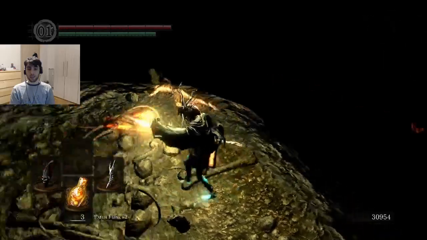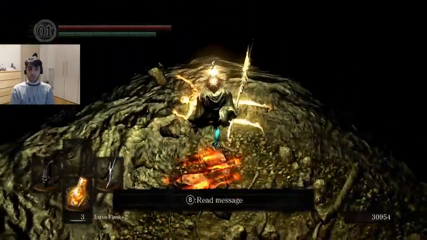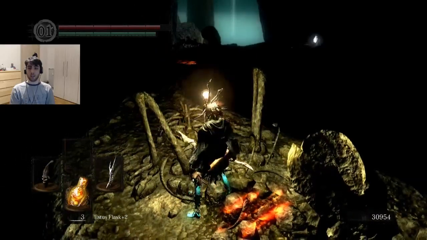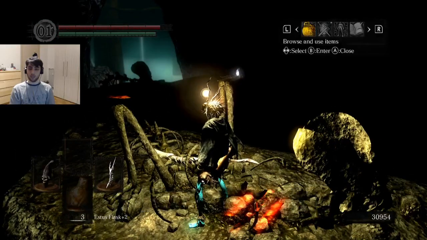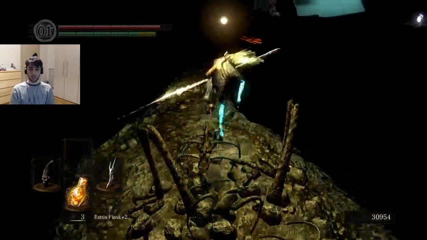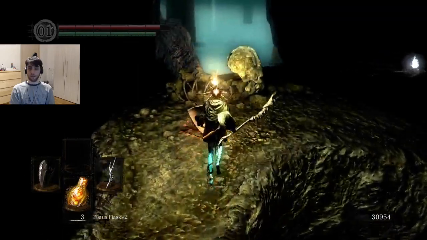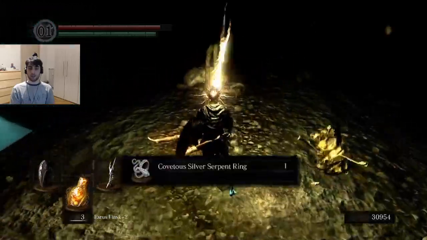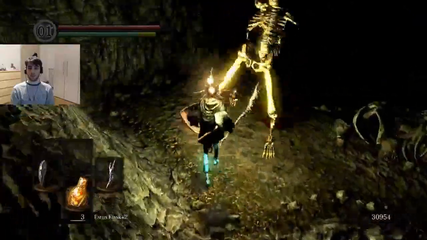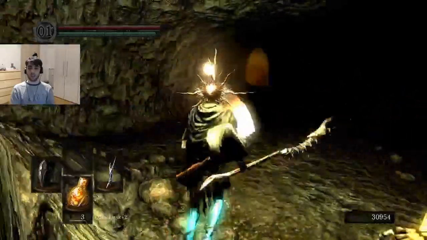It's strange that I don't see imminent jumping. Yeah, you should see that treasure. I don't know why I wasn't seeing it before, but anyway, you go through here, you pick it up, and you run, which is easier than fighting all those guys at once. These guys you can just skip